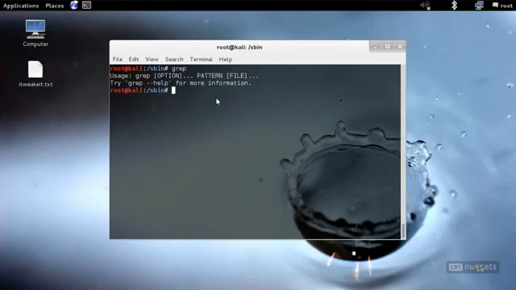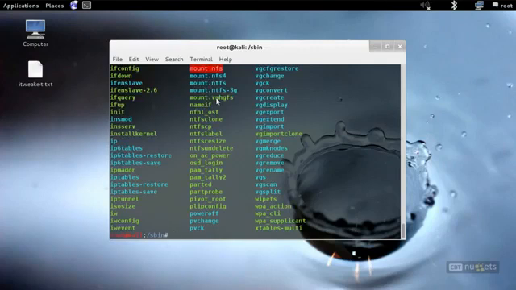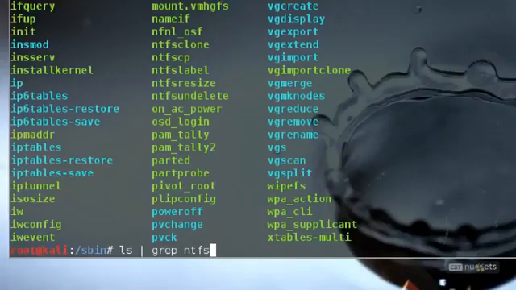function. So, let's say I'm doing an ls here, for example. We see we've got all kinds of different files, and maybe the executable or the file that I'm looking for, I can't think of the name of it right now, but I know it starts with NTFS, and you can see we have a few files with NTFS in the name. But you can't see the forest for the trees sometimes, so I'll do an ls and pipe that to grep, which basically is saying I want you to look for any files that have NTFS in the name. All right, and I'm going to zoom in on that so you can see it a little bit